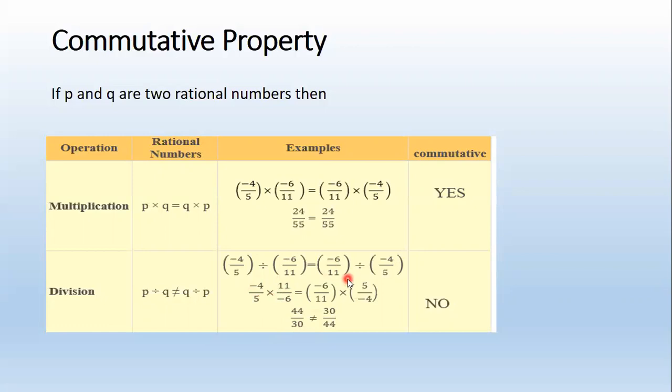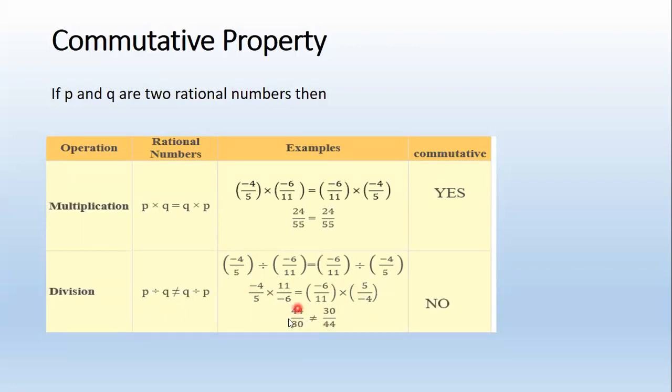So in the right hand side, it is Q divided by P. That is minus 6 by 11 divided by minus 4 by 5. Minus 6 by 11 as it is, we are taking the reciprocal, so it will be converted into a multiplication. The minus 4 by 5 is written as 5 divided by minus 4. So here, multiplying numerator with the numerator. Minus 6 into 5 is 30. 11 into 4 is 44. Minus and minus get cancelled. So we get the value as 30 divided by 44.